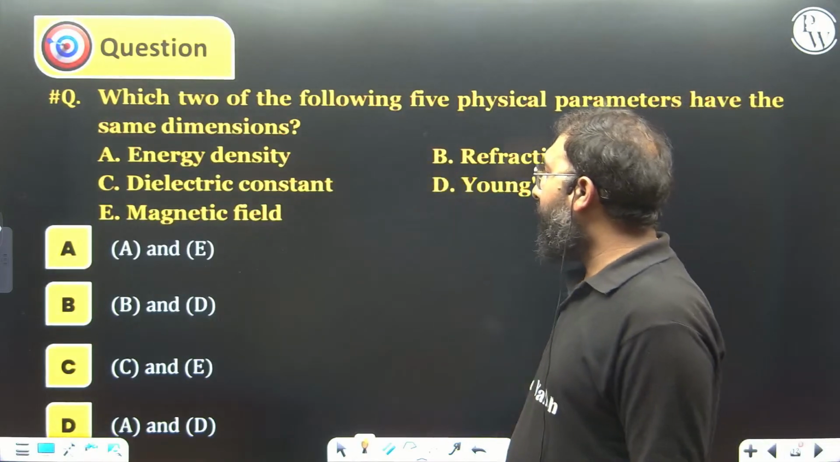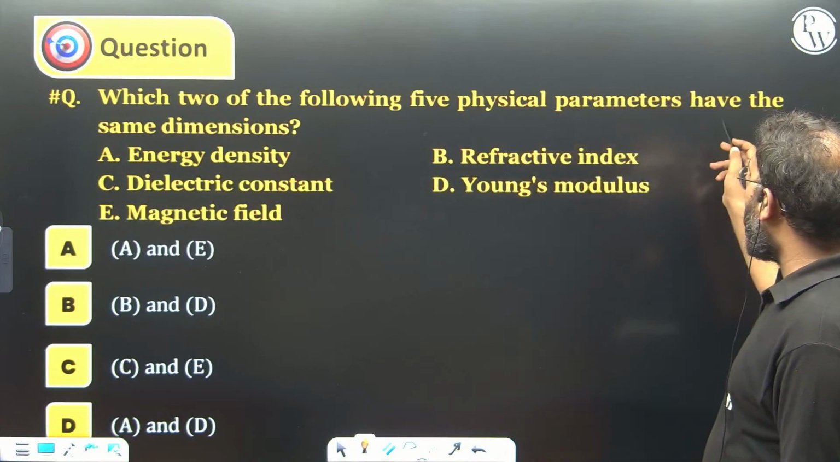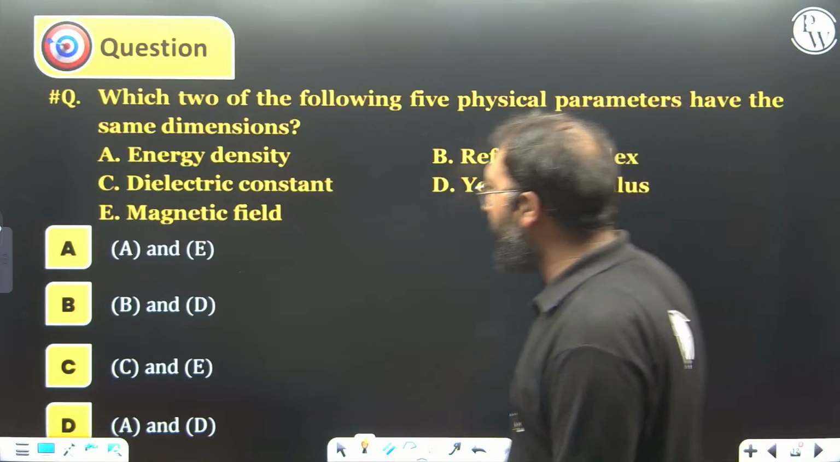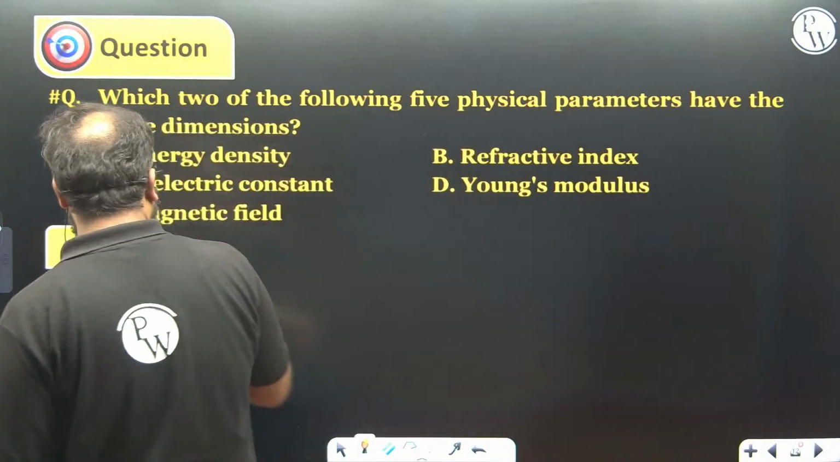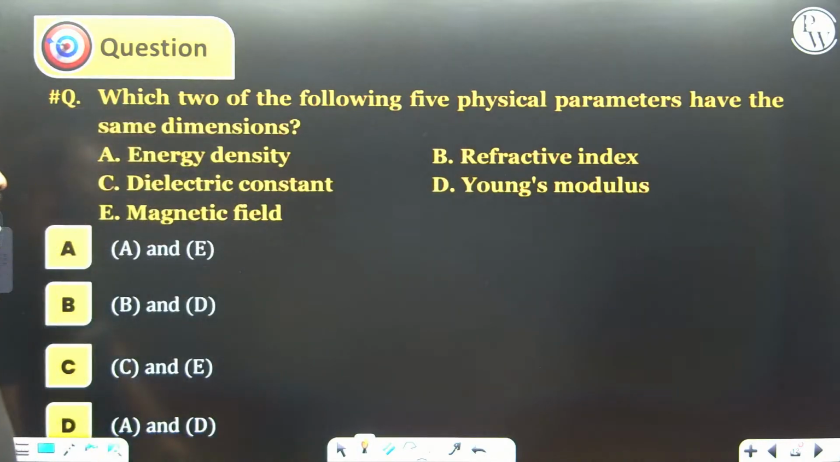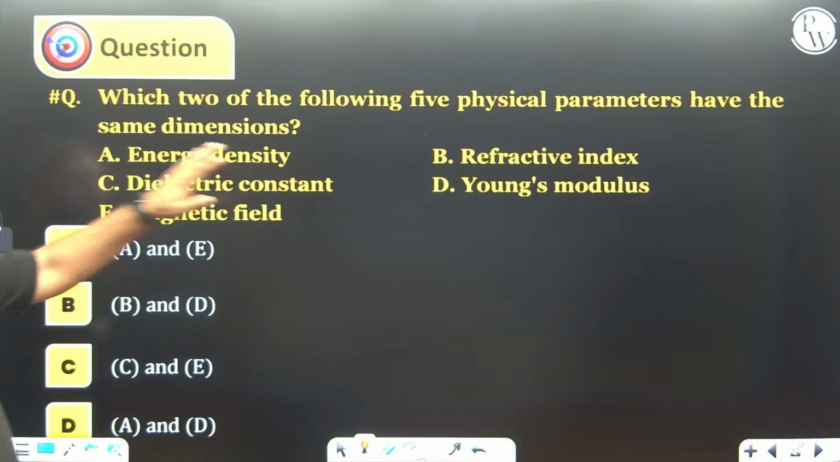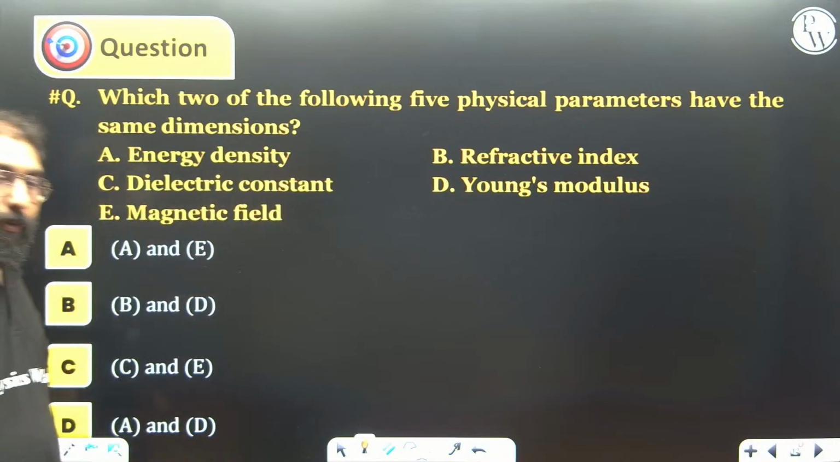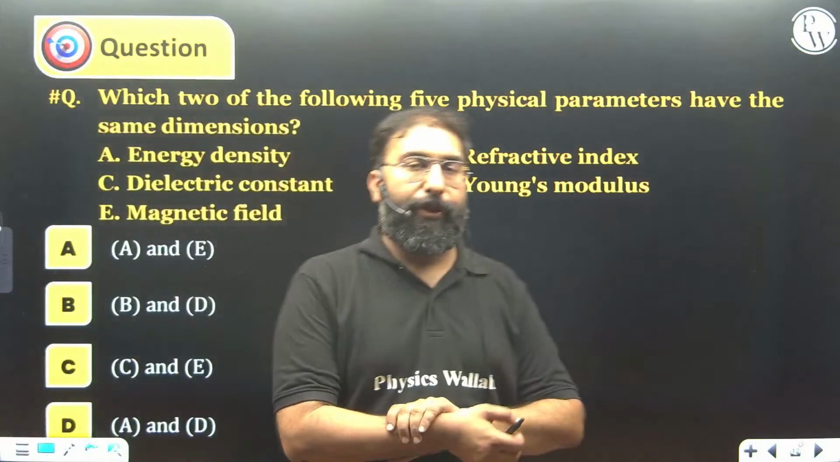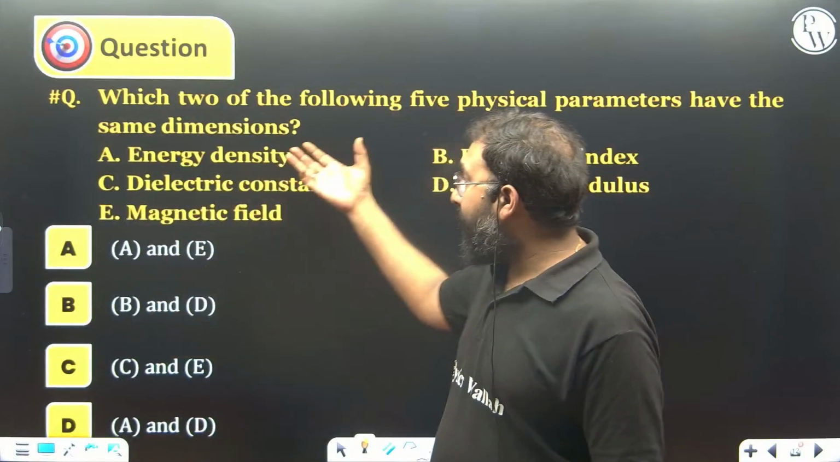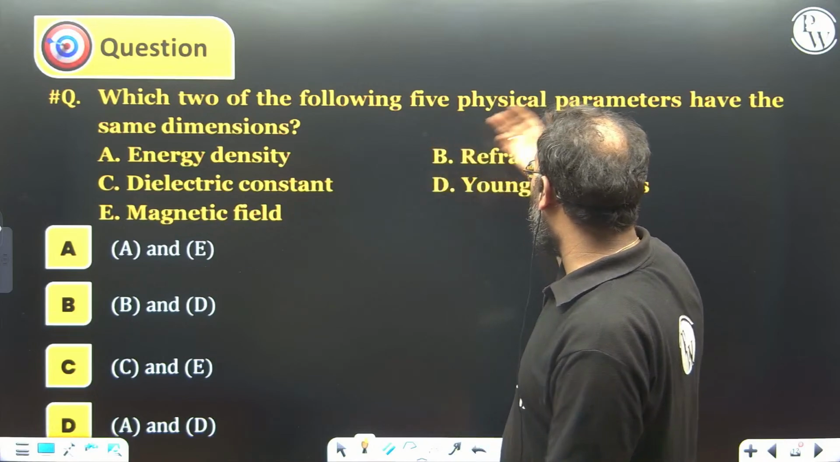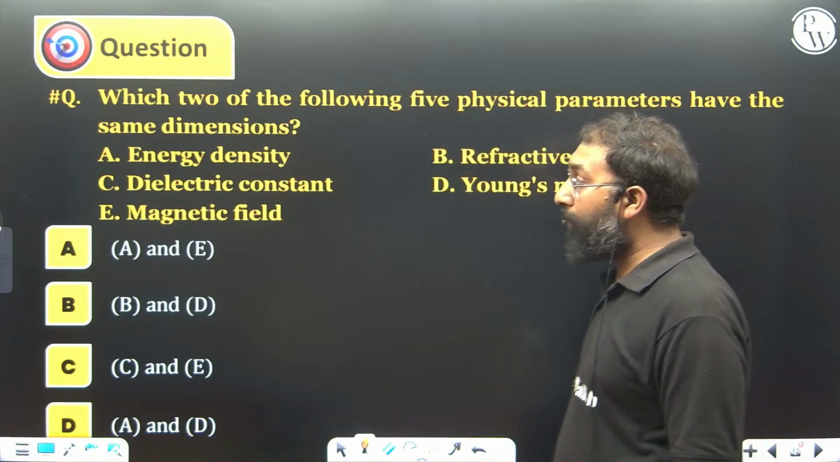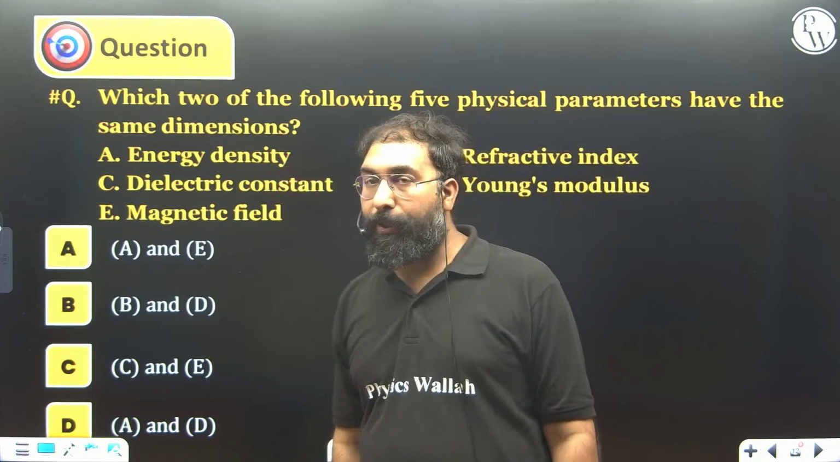Now they are asking which of the following 5 physical parameters have the same dimensions. So we have to check which all are having the same dimension. They have given us 5 physical quantities A, B, C, D and E. Whenever you have this kind of question where it has been asked which of the following 5 quantities have the same dimensions, and there are total 5 quantities,